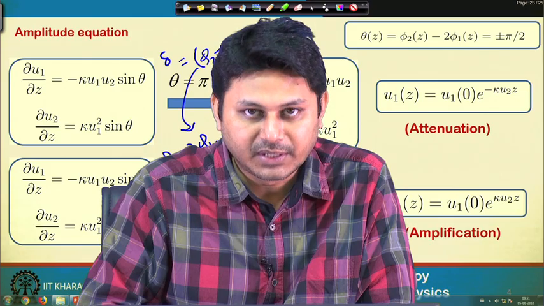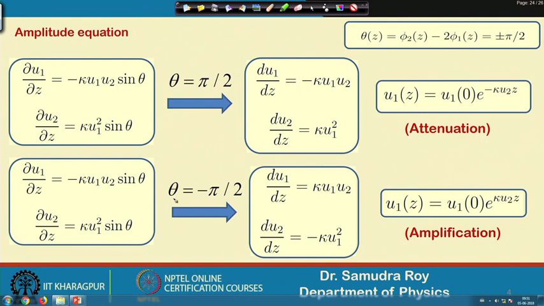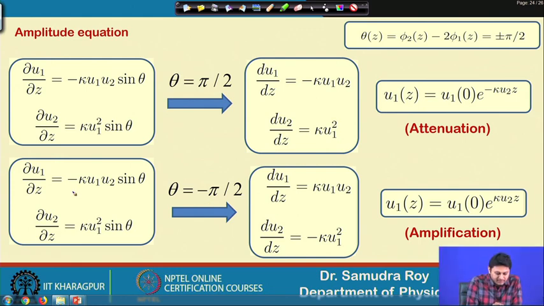So, once we have this pi by 2 term, please note that delta equal to minus of pi by 2. If I put this in this equation and this equation, if I look carefully, when I put delta theta equal to minus pi by 2, sin pi by 2 gives kappa u 1 u 2. So, kappa u 1 u 2 will be there, and sin pi by 2 with the negative sign becomes negative. So, this negative sign is going to absorb.